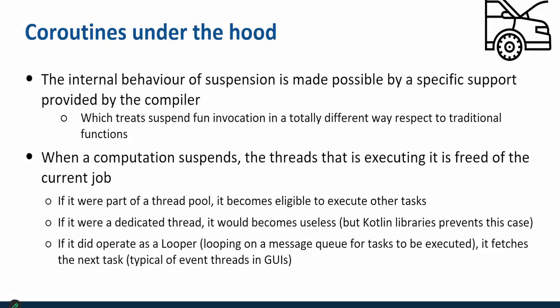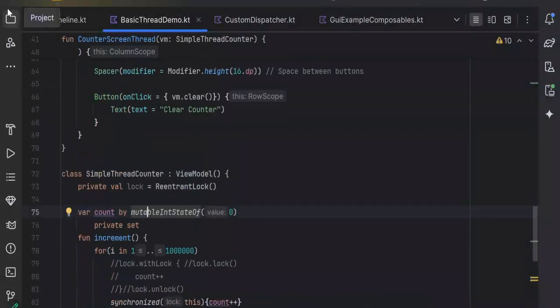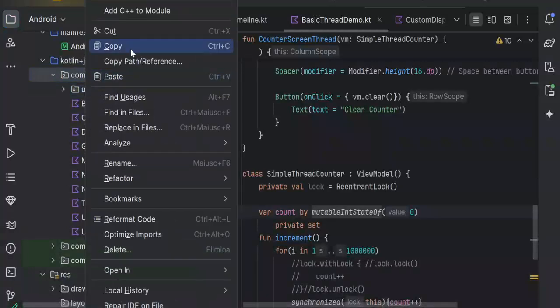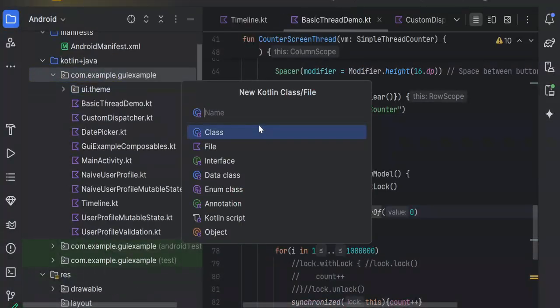So to better recap, as I promised you, I would like to do a quick live coding with the kind of stuff that we see in the context of UI. So let's take Android Studio and I will create a new class here. Let's call it demo,